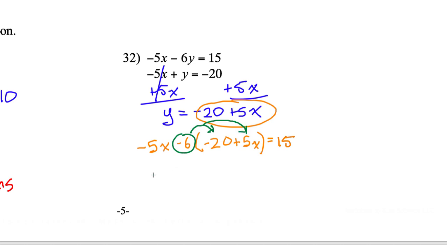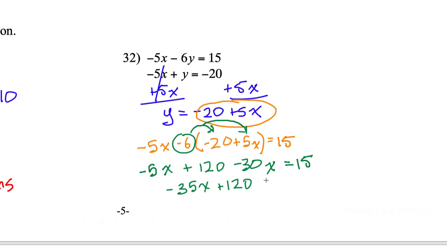That's going to be leaving me with a negative 5x, which I haven't touched yet. Negative 6 times a negative 20 is a positive 120. Negative 6 times positive 5 is a negative 30, and then don't forget the x. And that's equal to 15. I'm going to combine my like terms. My like terms are negative 30x and negative 5x. So that's going to be a negative 35x plus 120